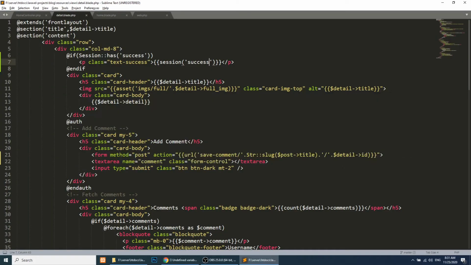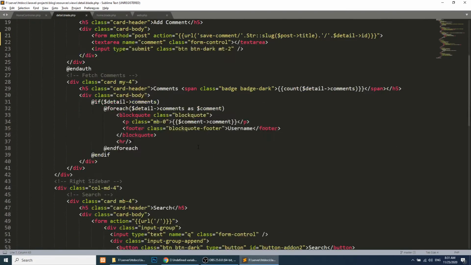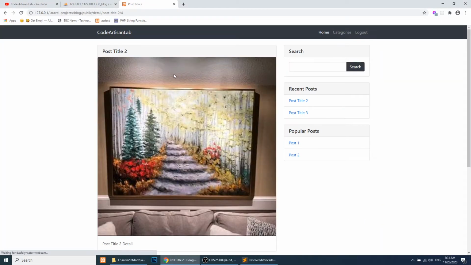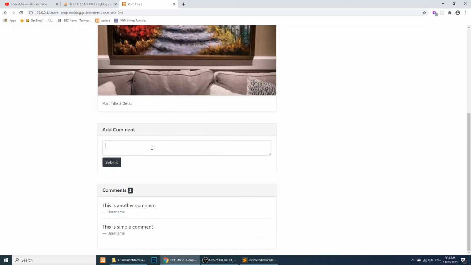In the detail page we need to add post title, so here we will add detail. Actually we are getting the data from the detail variable. So now let's add the comment. This is third comment, so submit this.